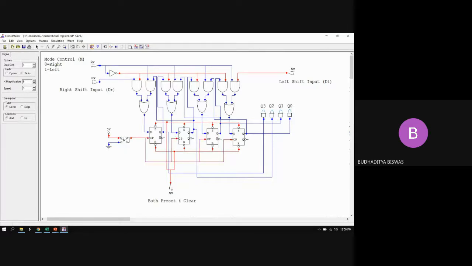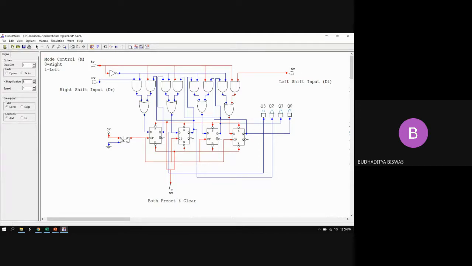If I give the clock pulse, no data are entered inside the register, because now this input is disabled, this input is rather enabled. If I give a 1 here, then on the occurrence of the clock pulse, the data will enter inside the registers. To store the data, if I want to give a 1, then only it will respond to that particular left shift input. Now you see, right input is connected to 0, left input is connected to 1.